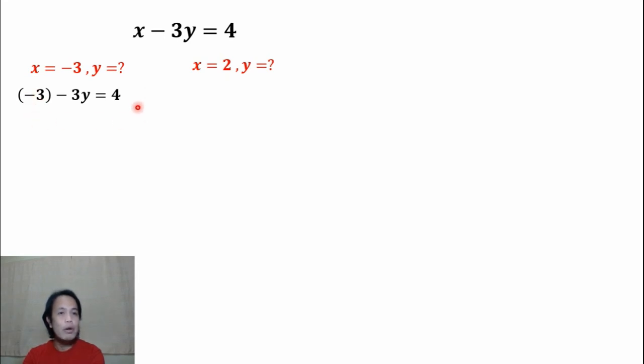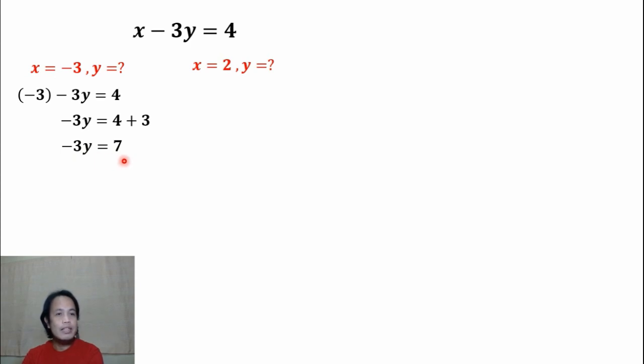Then of course we will also add 3 at the right side. So what shall remain at the left side is the negative 3y, then equals 4 plus 3. Then we copy negative 3y equals 4 plus 3 is 7. And now, since we are only going to solve for the value of y, we need to divide both sides